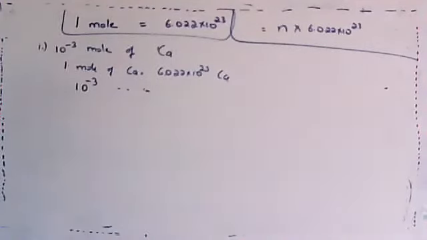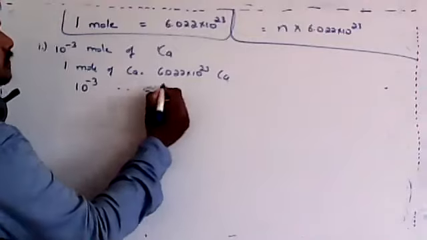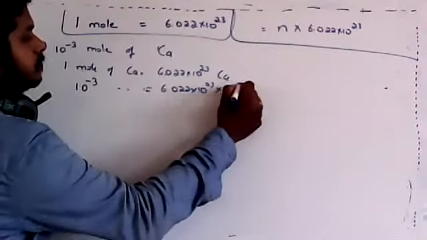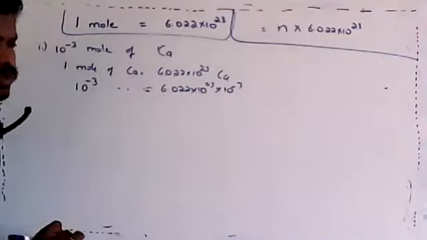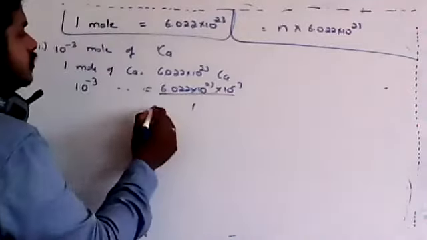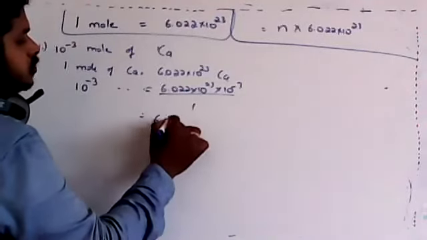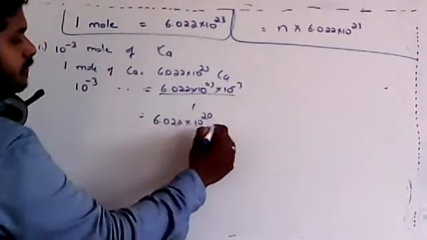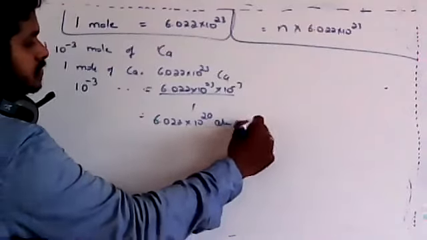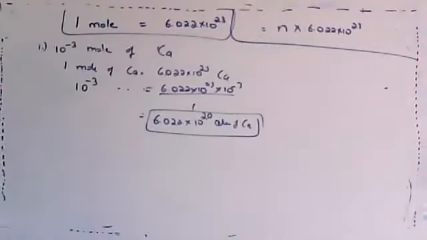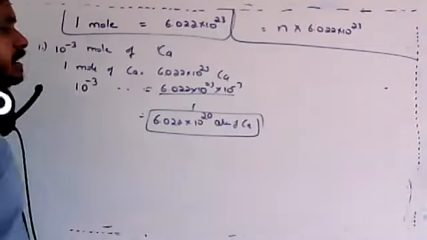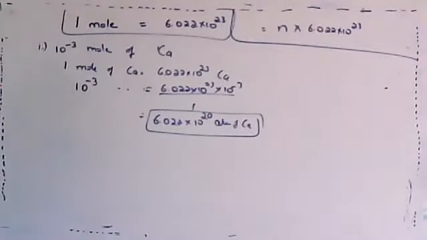So that will be equal to this into this, that is 6.022 into 10 to the power 23 into 10 to the power minus 3. See, this is n divided by 1, I won't write it, but for this I'll write it, it's 1. There is no change in this number because there is no multiplication. Directly you can keep it. Only thing is you should add the powers: 23 minus 3 is 20, so 6.022 into 10 to the power 20 atoms of calcium. Are you understanding my point? So 10 to the power minus 3 moles of calcium contains these many calcium atoms. Is that clear now?